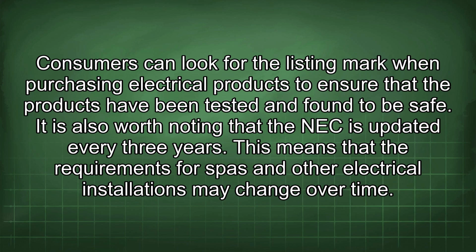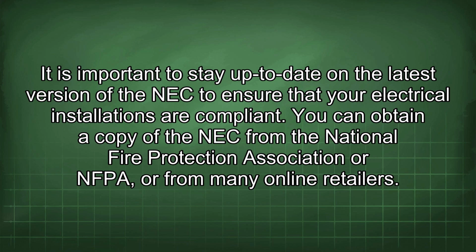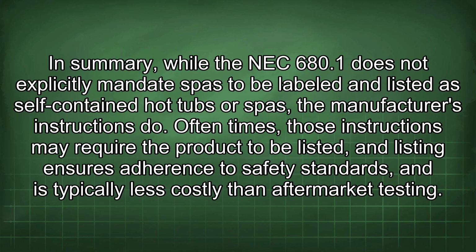This means that the requirements for spas and other electrical installations may change over time. It is important to stay up to date on the latest version of the NEC to ensure that your electrical installations are compliant. You can obtain a copy of the NEC from the National Fire Protection Association, or NFPA, or from many online retailers. In summary, while the NEC 680.1 does not explicitly mandate spas to be labeled and listed